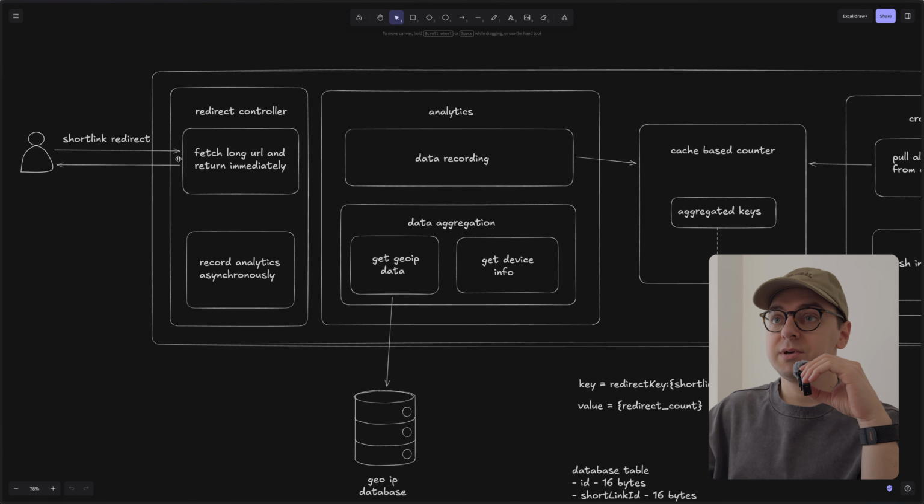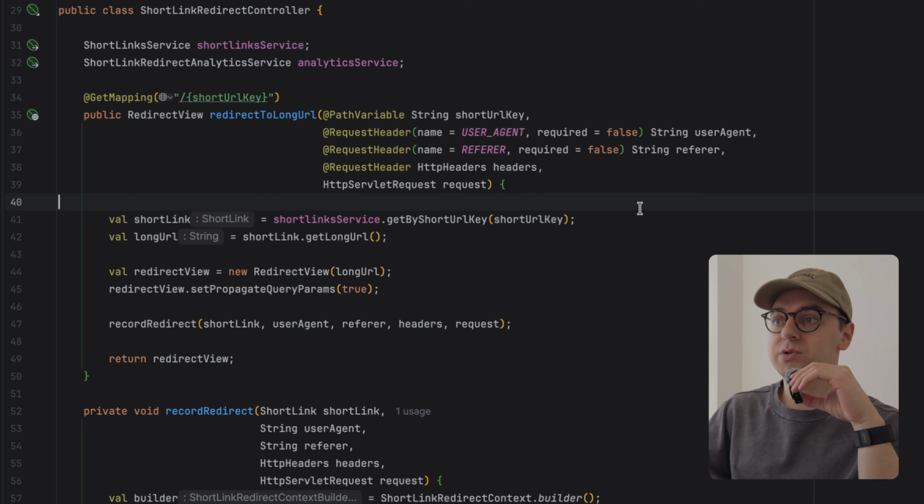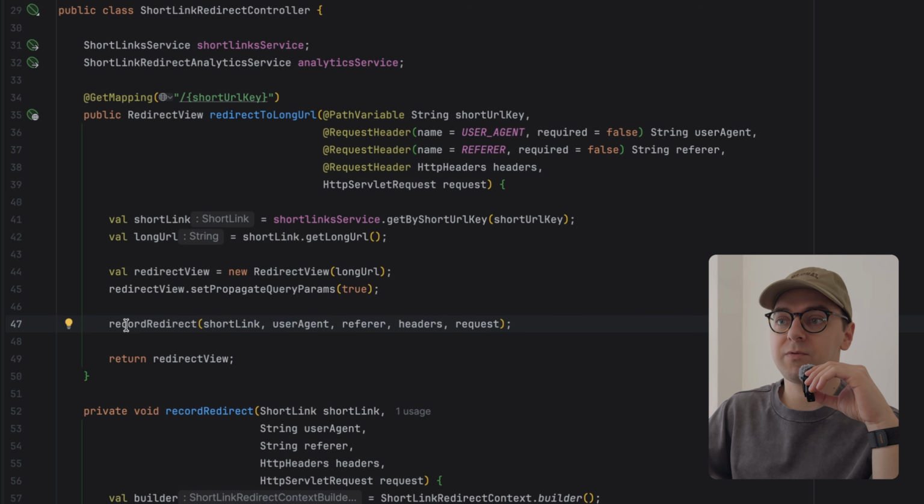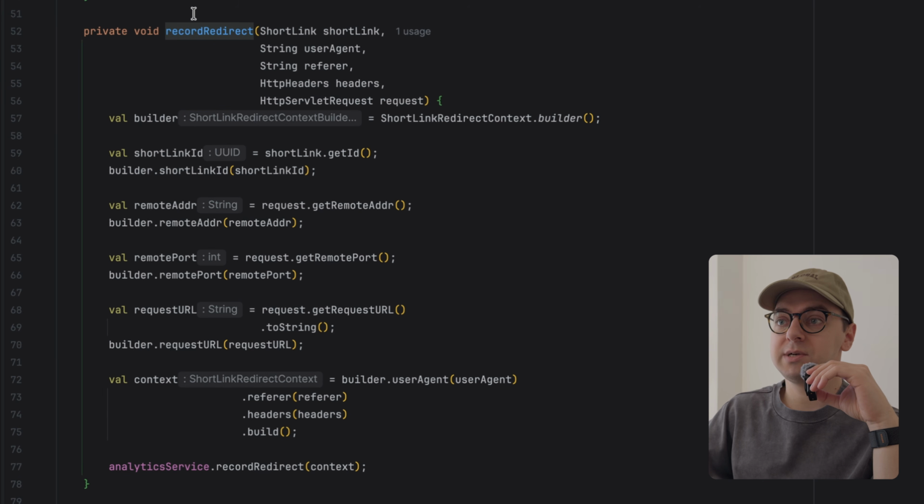So I'm gonna go through it the same way as we designed our diagram, starting from the redirect controller. So here is this guy. First thing that we do, we fetch the short link entity by the key and return it almost immediately, with one exception. Now we have record redirect, and what this one does is it builds a context object based on